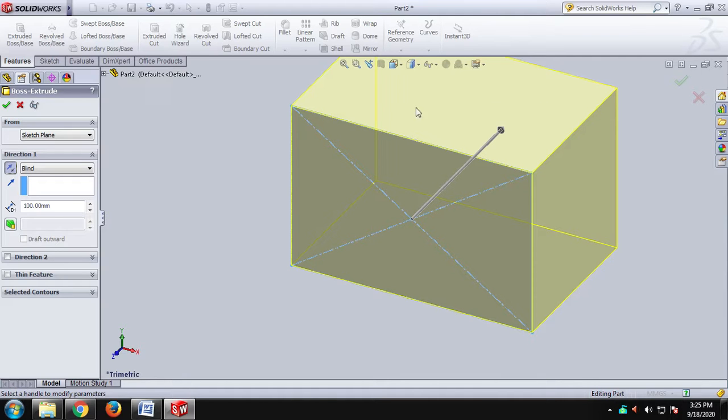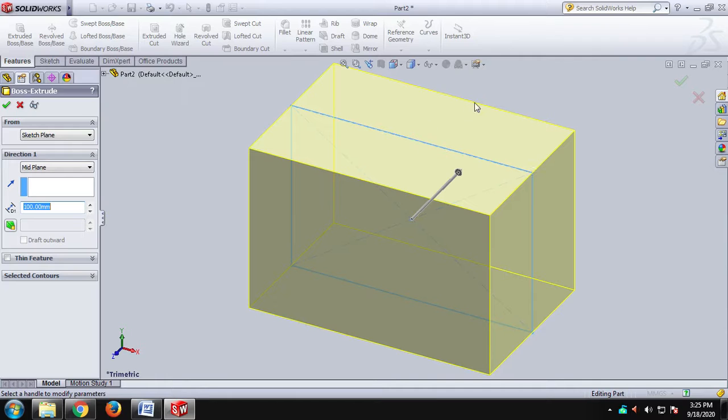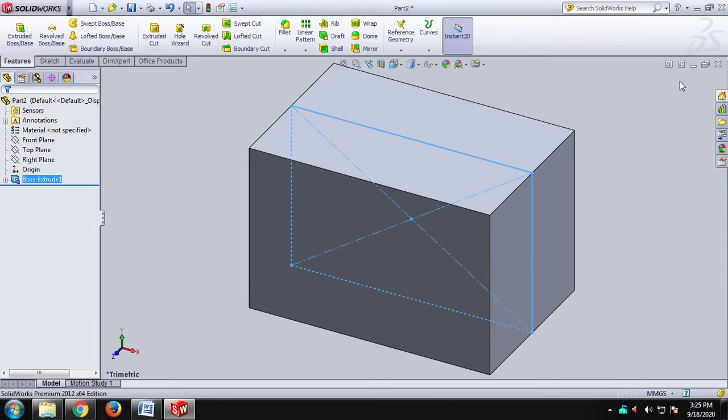If I want the extrusion to take place from the middle point of the given diagram, we have a box layer, click this box. Here we have mid plane. When you click mid plane, you can see that from the center point it is equally divided. The total 100 mm length is equally divided into 50 mm and 50 mm. Okay, after giving the extrusion, by selecting the tick button, the extruded image is shown here. So this is the diagram. So this is the process for doing the extrusion.